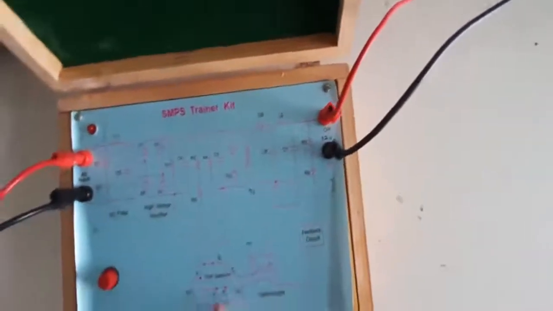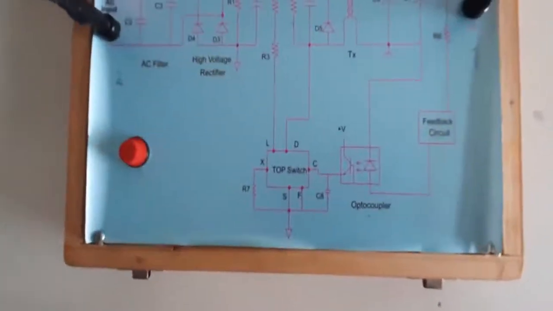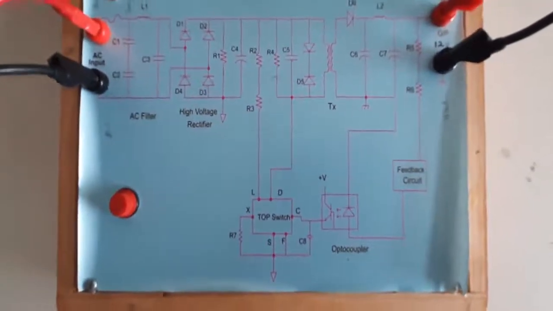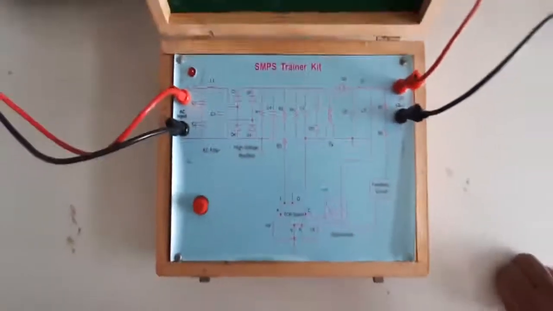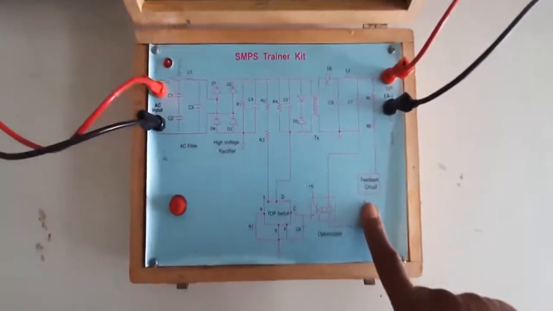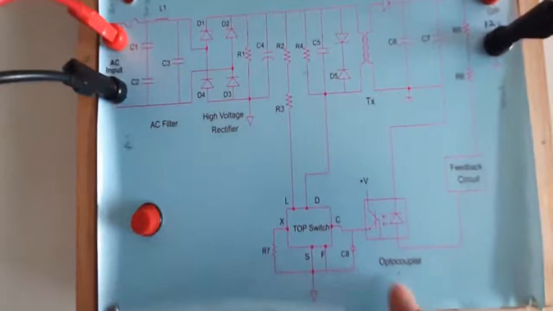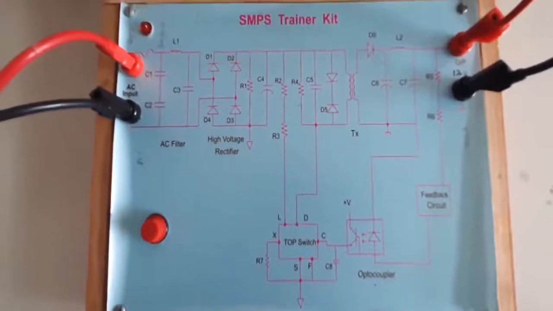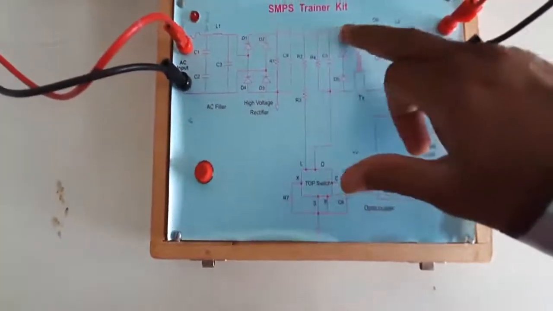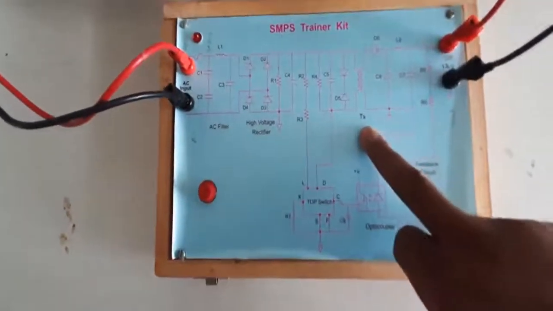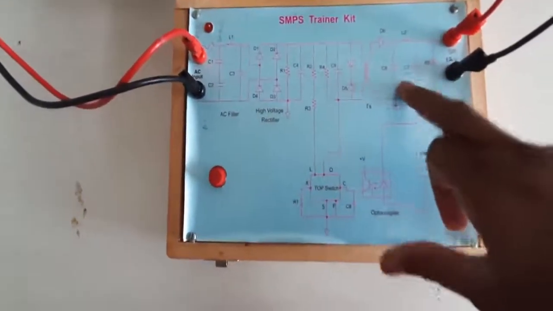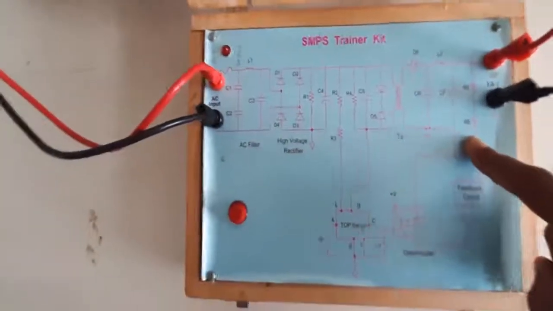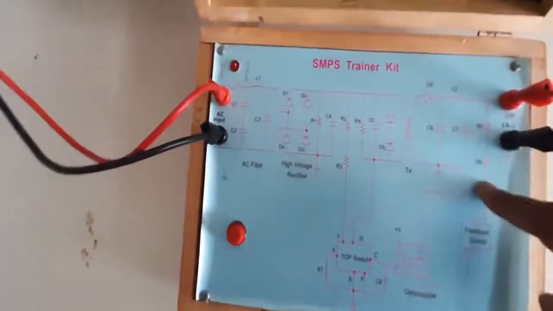So this part is basically called the top switch, or this switch is nothing but the main switch of your SMPS, which is basically turned on and off according to the given feedback, right? So feedback circuitry is given here. Here it's an optocoupler. Again, the optocoupler is used to isolate the power circuit from the logic circuit, right? So this particular output is given to the circuitry. Here it's again a transformer. Then these filter circuits, and these R5 and R6 are called the reference. So these are resistors, the feedback resistors basically.